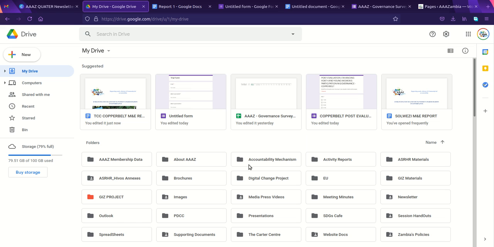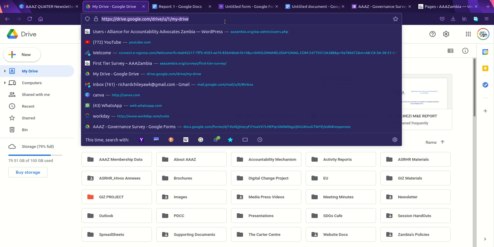For this tutorial, we're going to look at how we'll be using Google Drive for our next phase of the project. I'm sure everyone is familiar with the term Google Drive because we've all used it one way or another. Google Drive is simply a cloud space that's given to everyone who's got a Google email address. You can access your free space by going to your browser or your application on the phone and typing